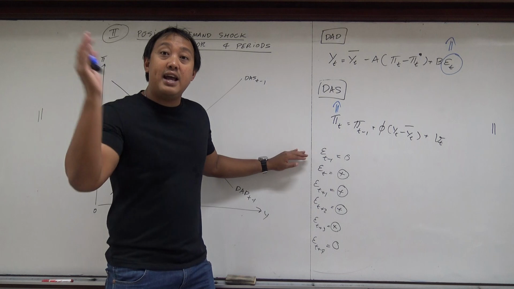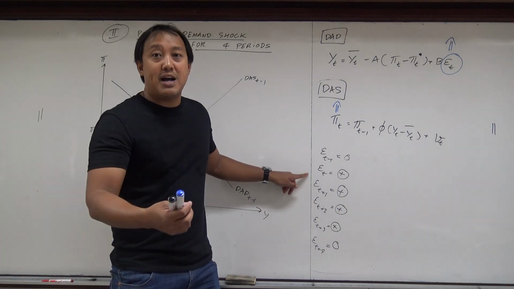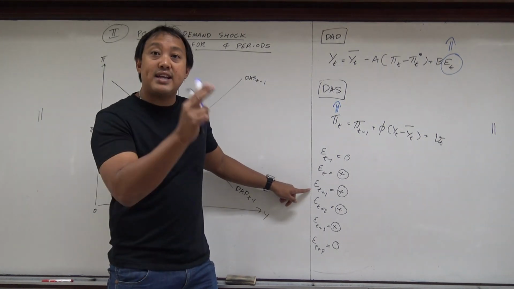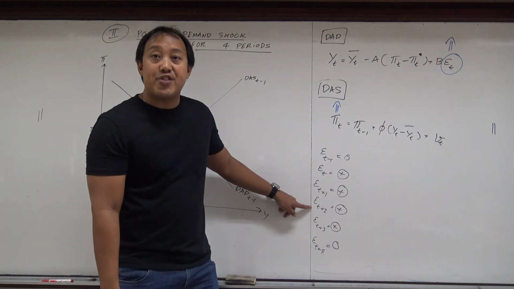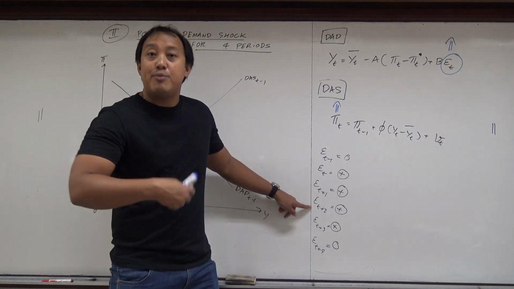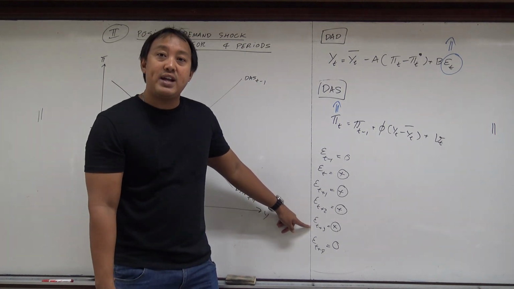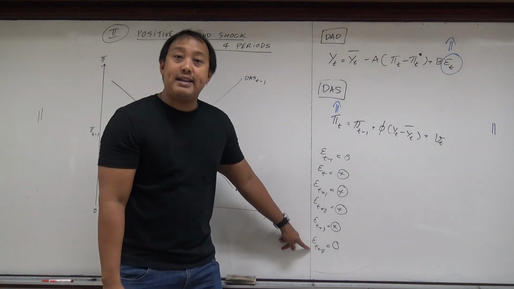Yesterday, no demand shock. Today is the first day of the holiday, we have a positive demand shock, people spend more. Epsilon t plus 1, the second day, positive demand shock, people spend more. Epsilon t plus 2, the third day, positive demand shock, people spend more. Epsilon t plus 3, the fourth day, positive demand shock, people spend more. Epsilon t plus 4,